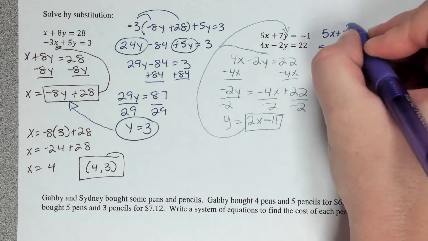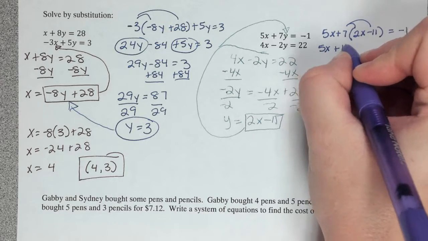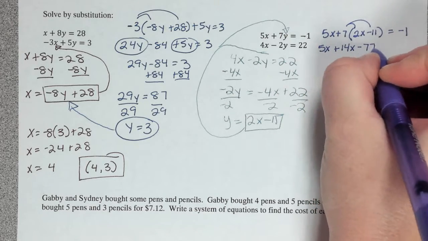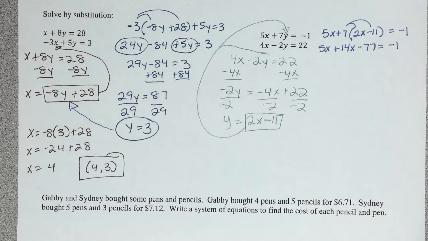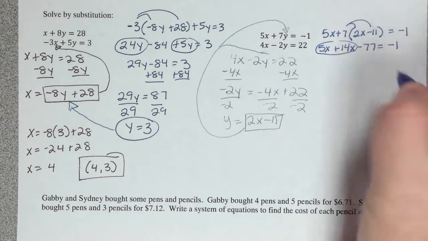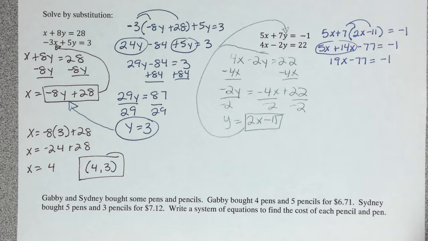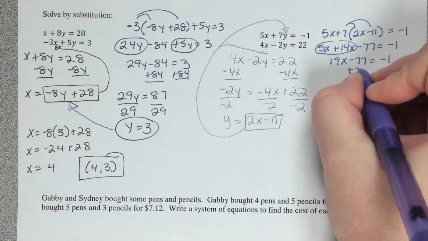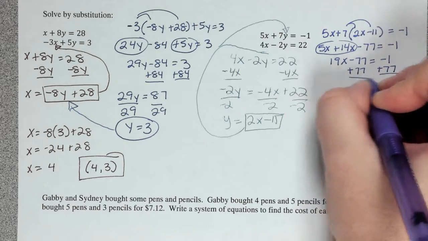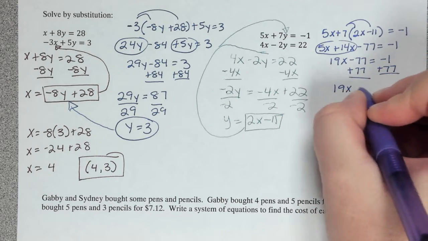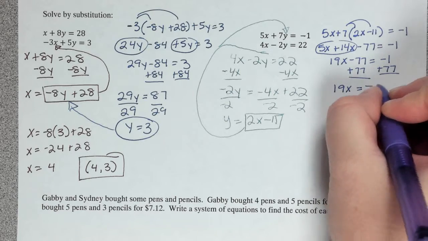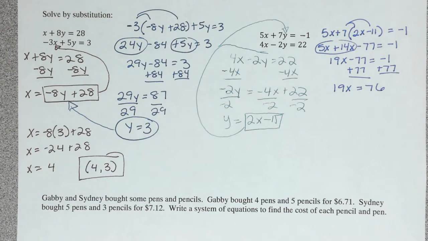5x, now I have to distribute, plus 14x minus 77 equals negative 1. Then I need to combine my like terms right here. So I have 19x minus 77 equals negative 1. Add 77 to both sides, and I get 19x equals 76. And 76 divided by 19